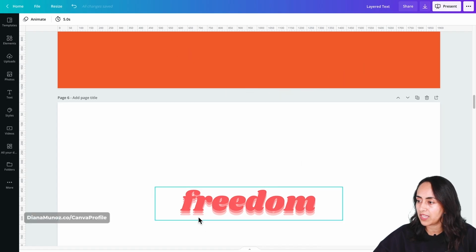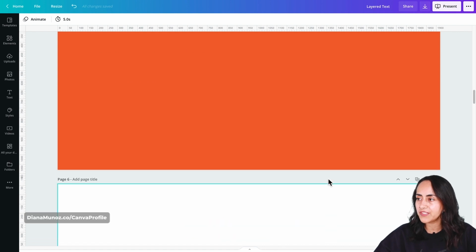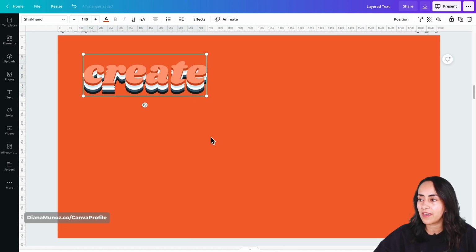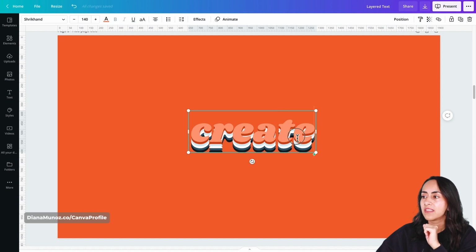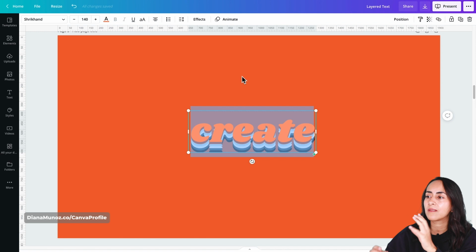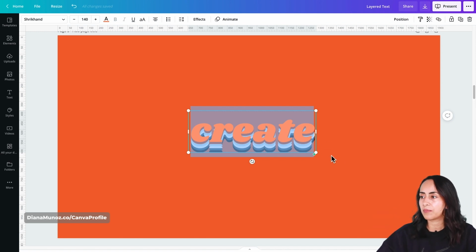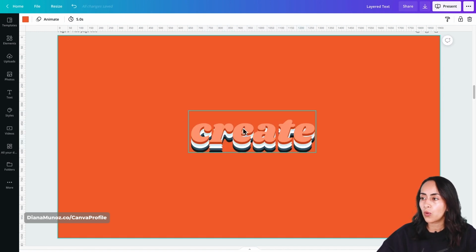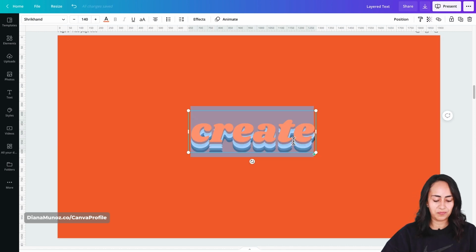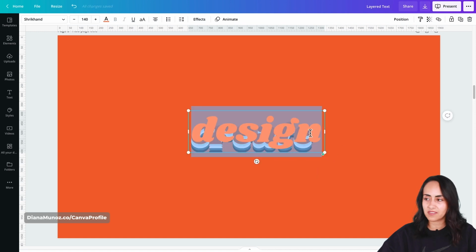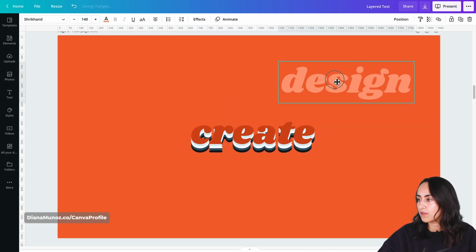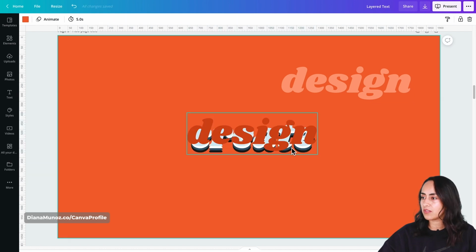So we're going to create something like this in Canva, but the difference is that with the trick that I just showed you, if you want to type something different with the same text effect, then you will have to do it in each of the layers and then again do all the layering. So for example, I want to change this word create to, I don't know, design. So in this case, I will have to increase the size of my text box, then move it to the side, change it on this other layer.